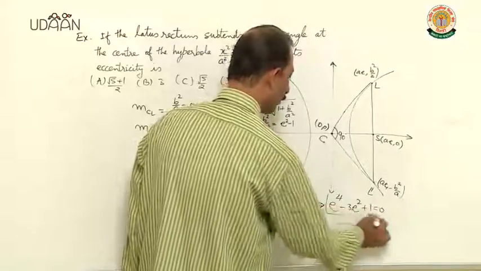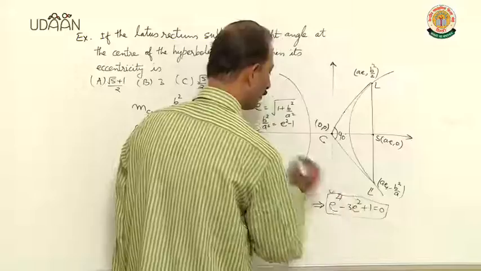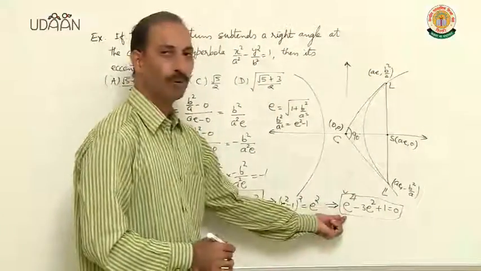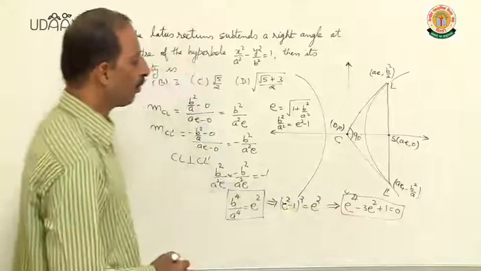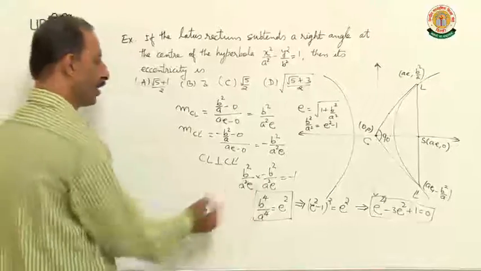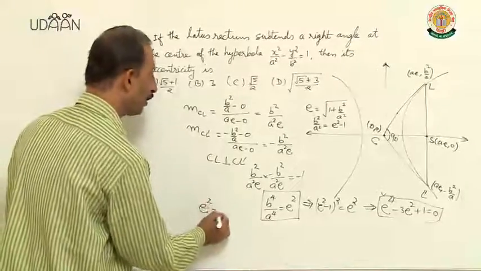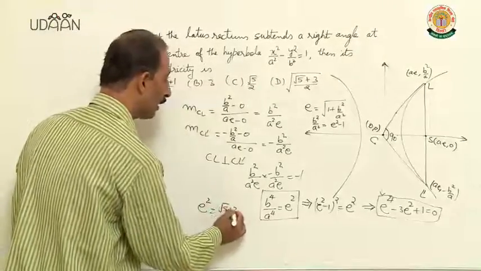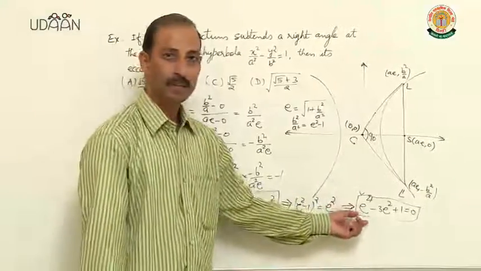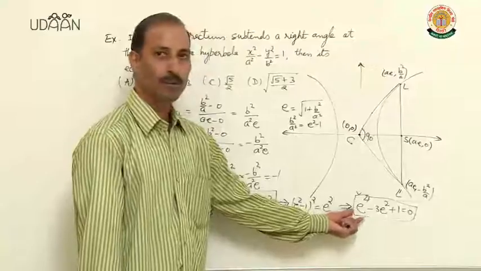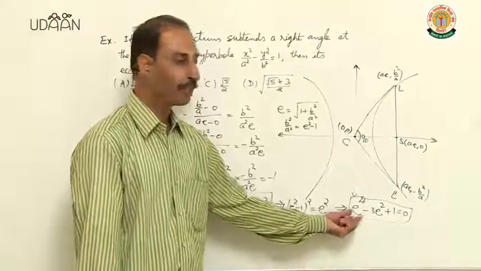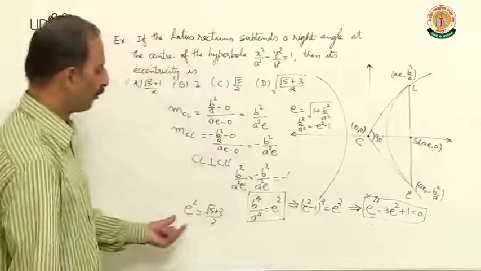That is the equation. If you solve it, you will get the value of e square. This is power 4, so you can suppose e square as y, then you can solve it and find the value of e square. If you solve, you will get the value of e square as (root 5 plus 3) upon 2. I have written it directly, but you can calculate it easily. You have to use the quadratic formula. Put the values in minus b plus minus root D upon 2a. After substitution of the values, you will get the value of e square as this.